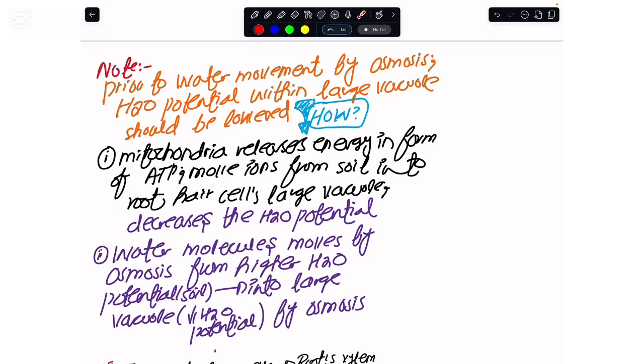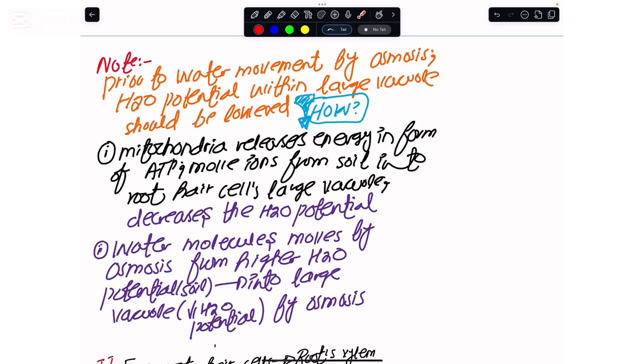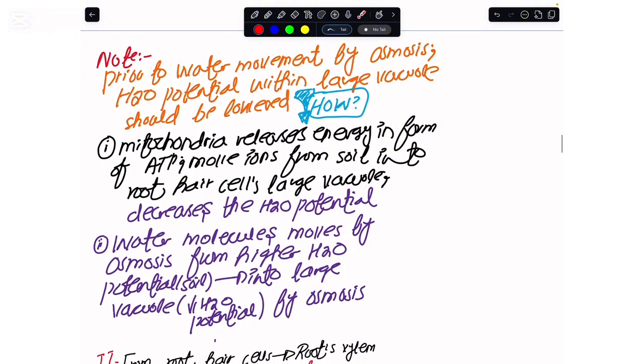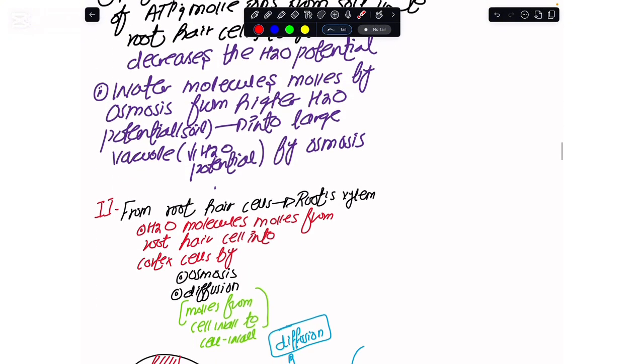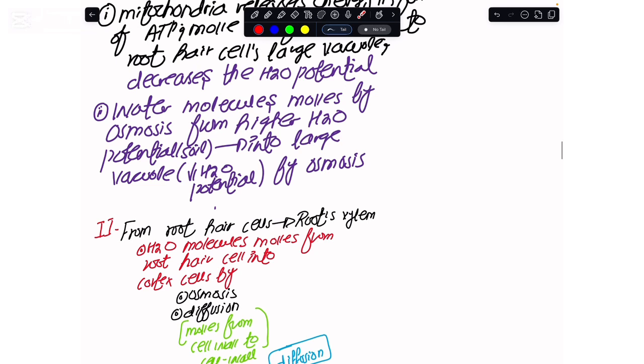And how would this be lowering? The concept is simple: the mitochondria in the root hair cells release energy in the form of ATP, and that moves the ions from the soil into the large vacuole of the root hair cell. By that they reduce the water potential in the cell, and automatically the water potential in the soil increases. Then the water, with the help of osmosis, moves from the higher water potential in the soil to the lower water potential in the large vacuole of the root hair cell,